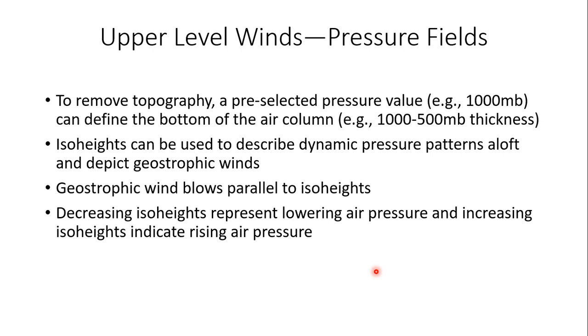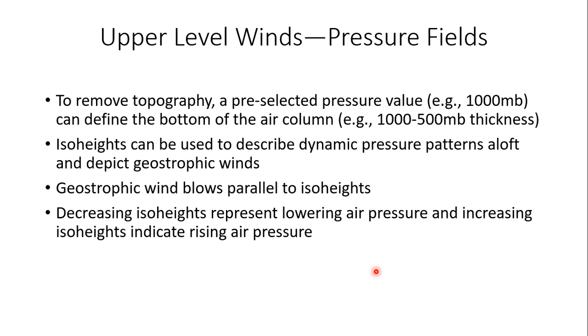The ISO heights, or lines of equal heights, can be used to describe dynamic pressure patterns both aloft, above where we live, and also depict geostrophic winds. And as this wind blows up against this higher topography, the air masses, the pressure patterns are going to be altered. So, looking at bullet number 1 there, when we refer to these upper level winds on these upper level weather charts, a good thickness chart that I would be interested in using maybe east of the Rocky Mountains,